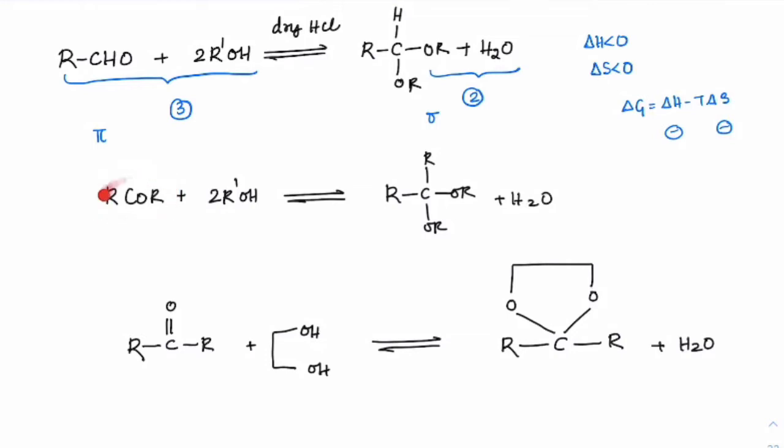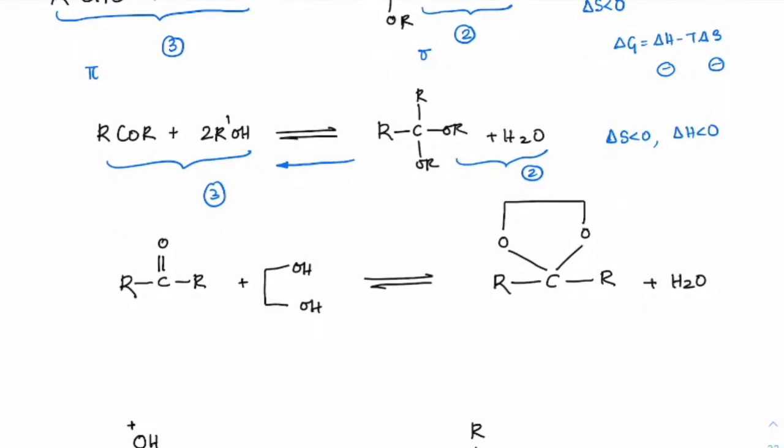So in the presence of ketones, if you check R'OH, 2 moles of alcohol, we are expecting this ketal to form. Here also you can see we have a total of 3 molecules initially and 2 molecules formed here, and delta S being 0. Delta H, yes, it is negative, but that is not an important factor. It is the entropy factor which is driving it, because it is already an equilibrium reaction. So the reaction mostly will be in the backward direction.